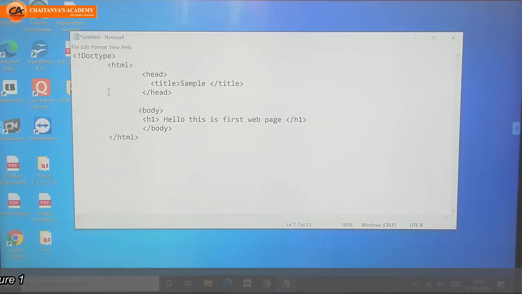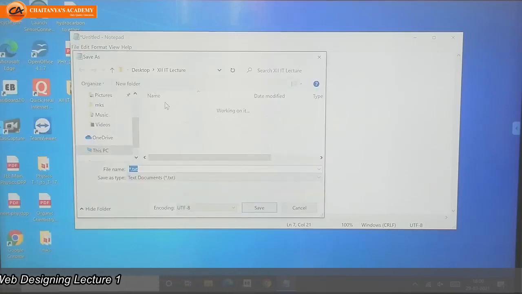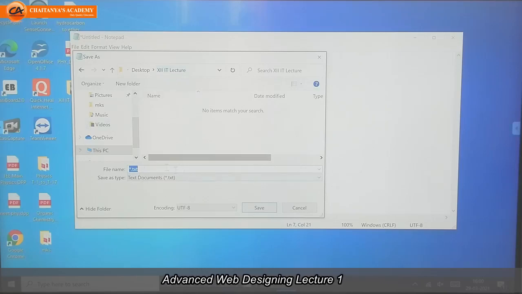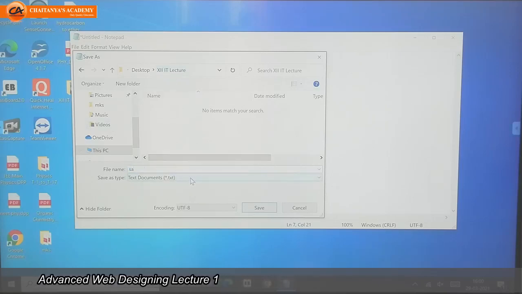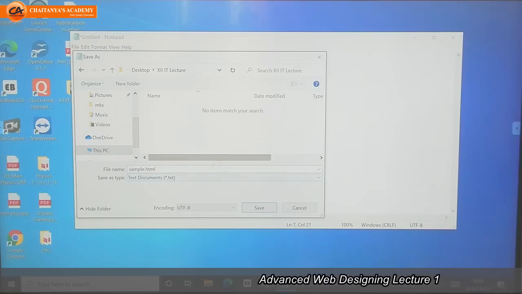If we want to execute this program, first we have to save it. How can we save the program? In File, Save, whichever drive you want, open that folder, select that folder, next write down the name of the file, and after the name you have to write .html.